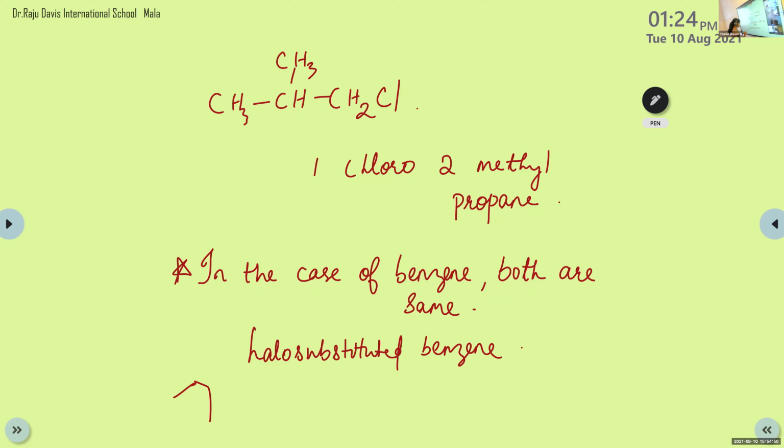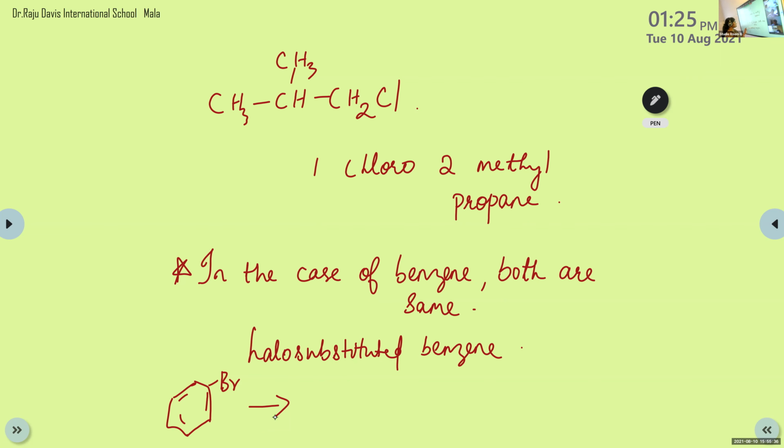We can write one example. Name this compound. First write the name of the halogen, then benzene. Ma'am, I did not understand this point. We have learned about two types of names in the case of aliphatic hydrocarbons, right? Common name and IUPAC name, right? In the case of benzene, there is only one name. Common name and IUPAC name are both the same. Okay, is this clear? Yes.